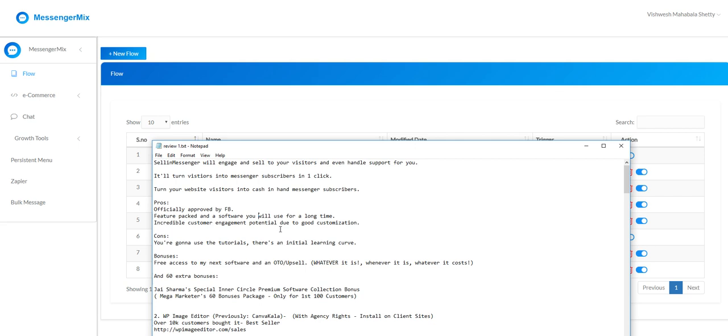But this one is approved, and Facebook said, okay, this is good software. So essentially you have software that is 100% ethical and legal and works with Facebook, and everything is fine, and you don't need to worry about your account getting banned or stuff like that. It's obviously feature packed. I showed you it has more features, more integrations, and plenty of things you can do. You can bulk message everyone, and it has incredible customer engagement potential because of all that customization. The only thing that I find is a con, or that I don't like, is